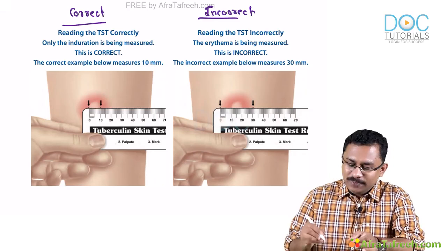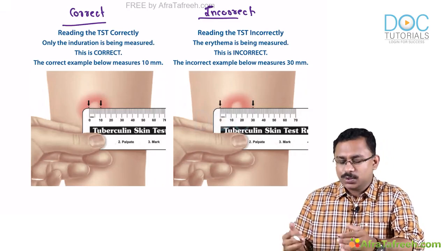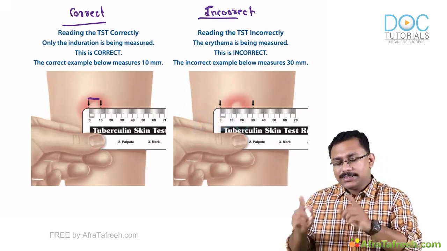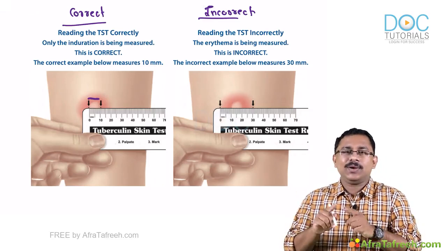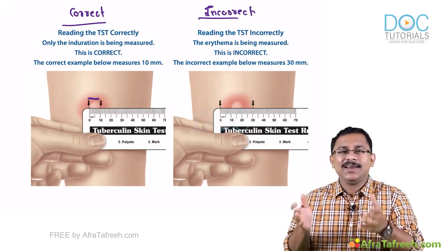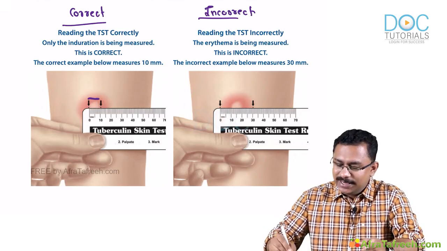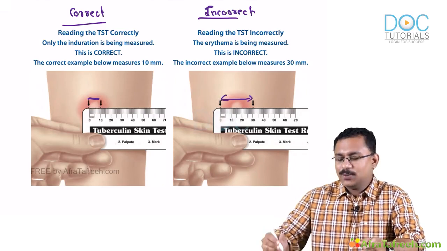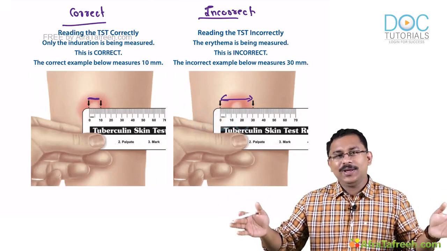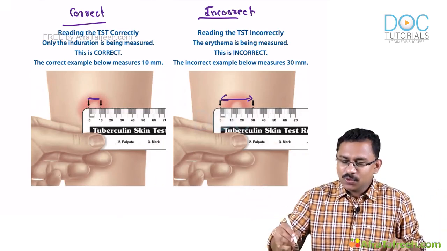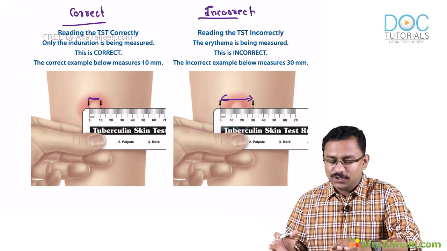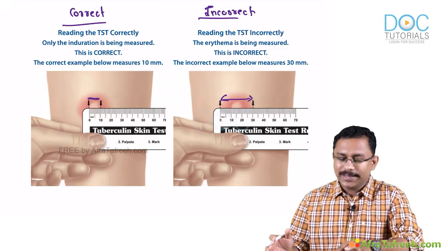You see here, when you measure the results after 48 to 72 hours, you are just supposed to measure the induration. Because sometimes surrounding the induration, there may be erythema, but you are not required to measure the erythema. It is just the induration. See here, in this case, the person who is measuring the total diameter, including the erythema, that is not advised. So only the maximum width of the induration should be measured. Okay, that is about your